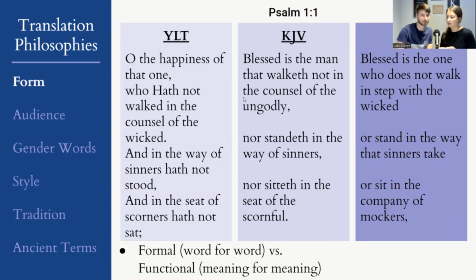Okay. So is the NIV also word for word? No, it's still trying to get the same text as much as possible, but it's more down the continuum from word for word towards meaning for meaning. It's trying to get the same meaning that was there in the Hebrew into English, like we were talking about with "the way that sinners take." It's taking the meaning that was intended in the Hebrew and making it more understandable to us English people.